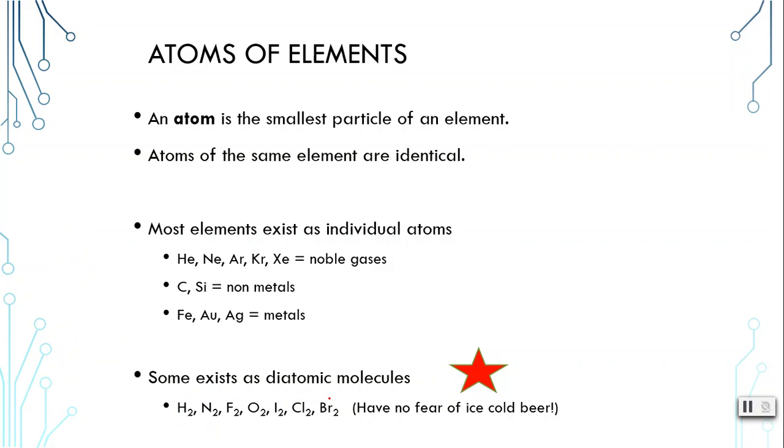The way that I like to remember that these are diatomic is a mnemonic that I learned from Dr. Zappala: have no fear of ice cold beer. It's appropriate today. It's supposed to be 90 degrees today. Hopefully this mnemonic will help you remember